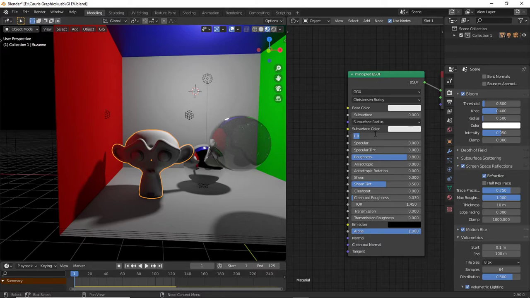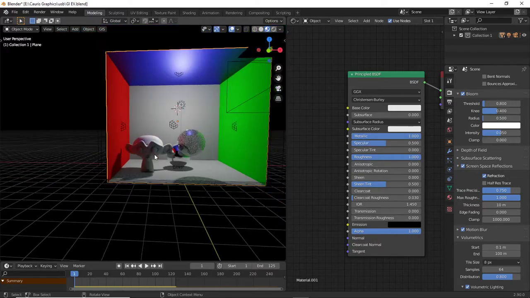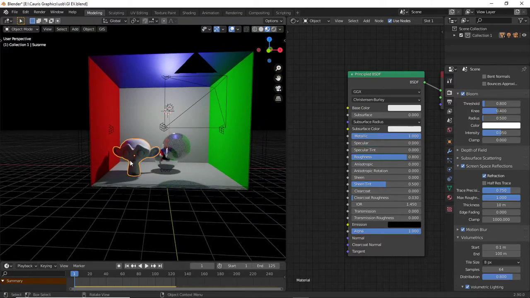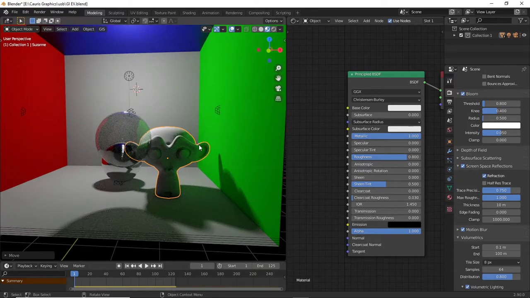If I put metallic to 0, you see, I lost all the bounce lighting. If I put it back to 1, I get the bounce lighting and I get the red halo coming from the wall. And if I move it to the green part, I get a greenish bounce lighting on the right side of my monkey.